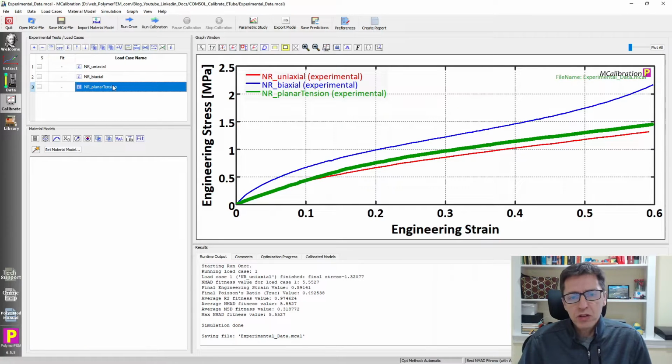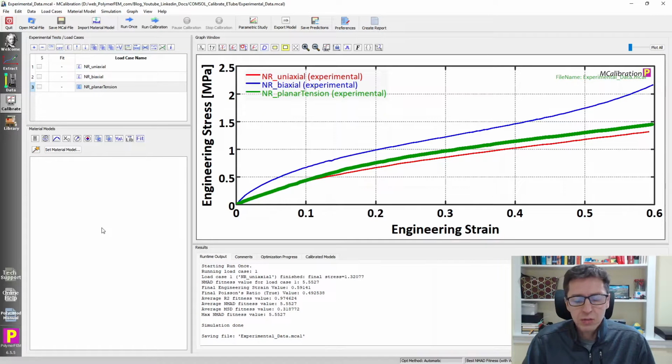And in COMSOL, there is a good hyperelastic model that is available for cases where you have experimental data in many different loading modes, in this case 3. And that's the extended tube model. And it works really well, and it's a high accuracy model that is very useful for these kinds of materials. So what we're going to show here is how you can quickly calibrate this model and use it in your